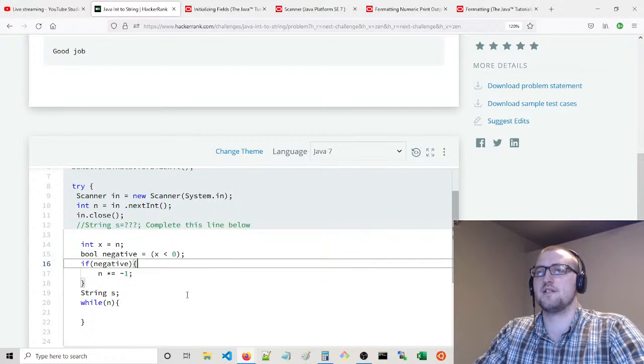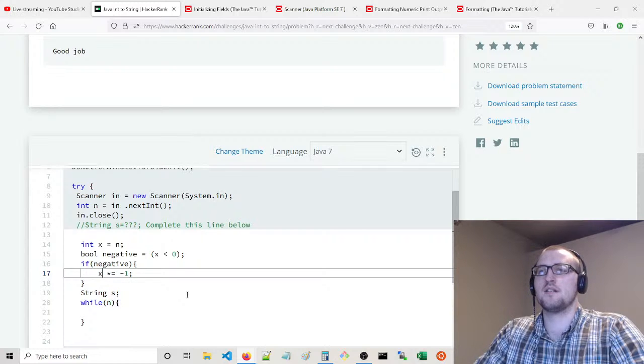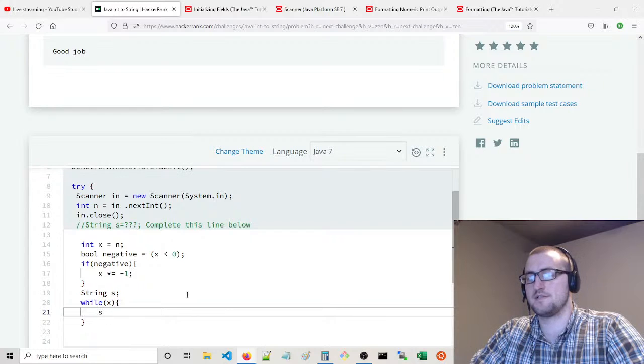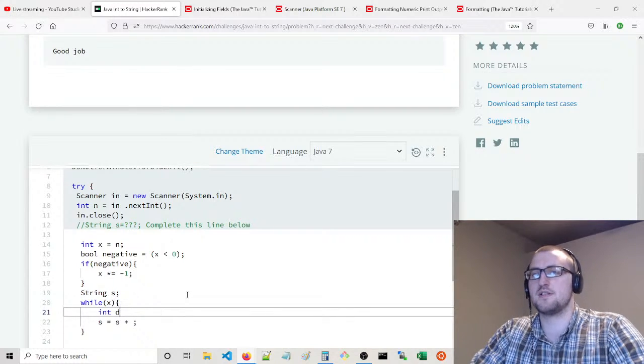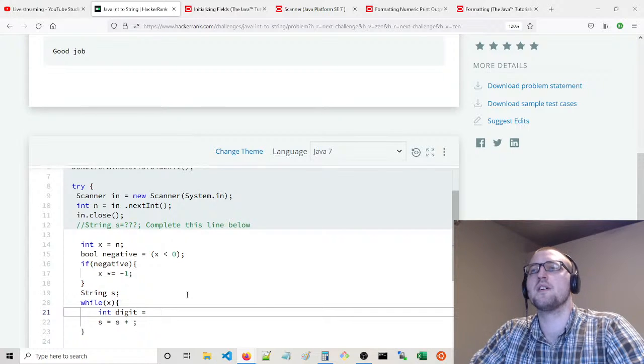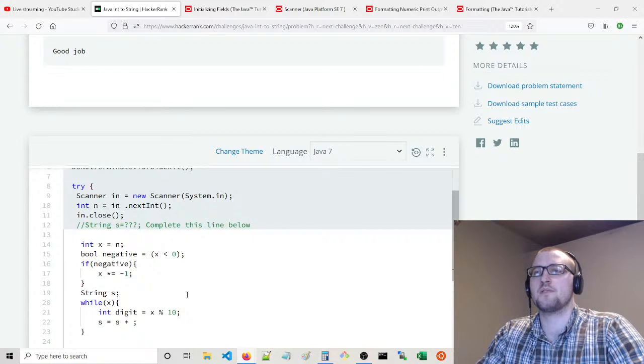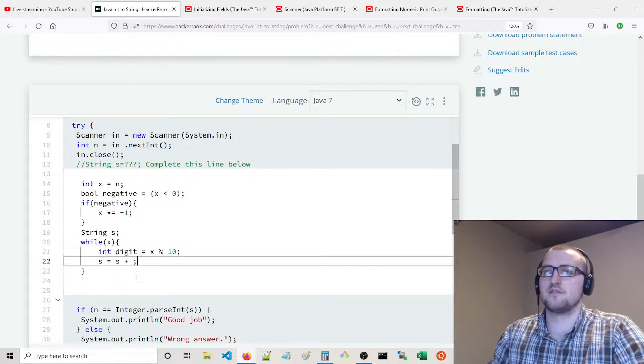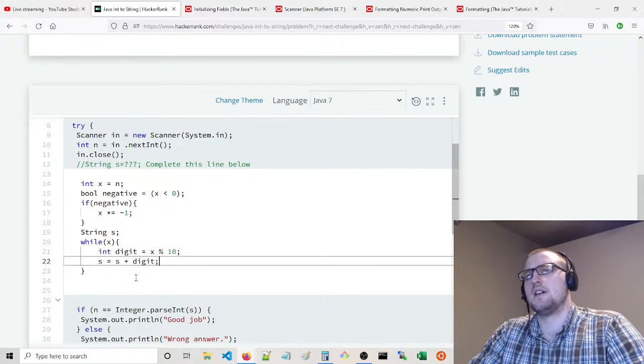Use x instead. And s plus equals. Yeah, well, it's s plus, we're going to say int digit equals x modulo 10. And we're going to say s plus this digit. And